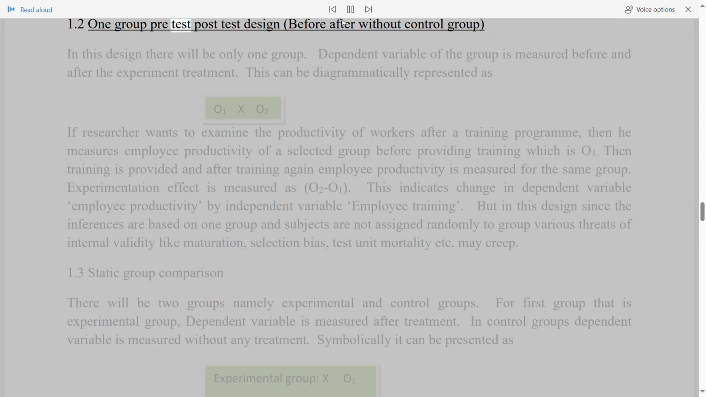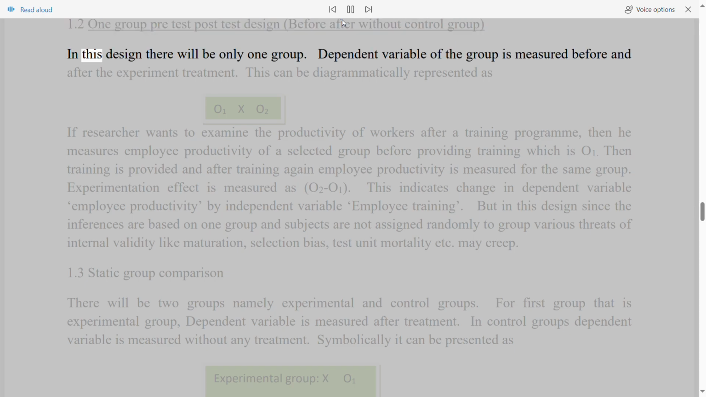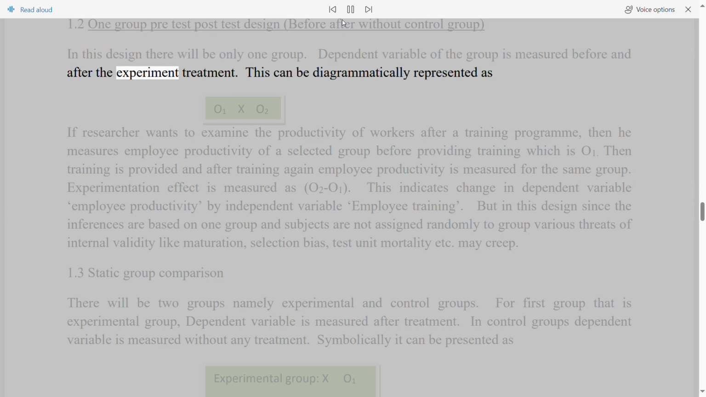1.2 One group pre-test post-test design, before-after without control group. In this design there will be only one group. The dependent variable of the group is measured before and after the experimental treatment. This can be diagrammatically represented as: